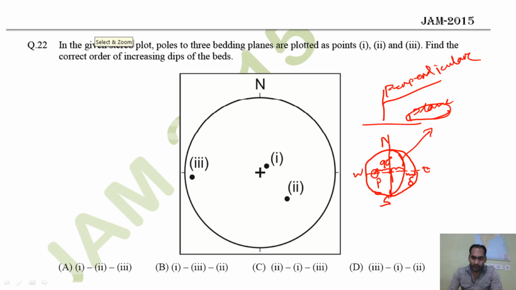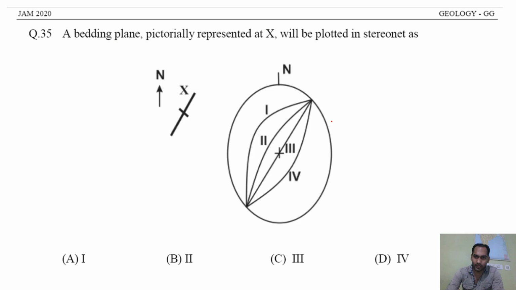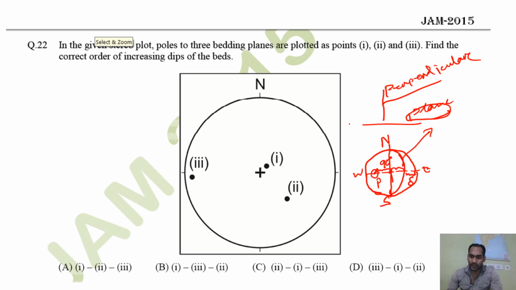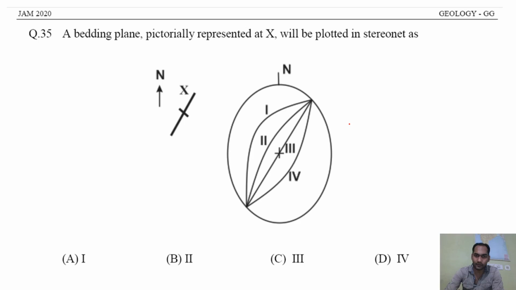So before going to solve this question, let's see the second question. The second question is based on planes. Once you understand how to plot planes and how the grid circles get closer to the outer circle, whether they are horizontal or vertical, and you know that first, then we'll come to poles. So let's solve the second question first, then we'll come to the first question.